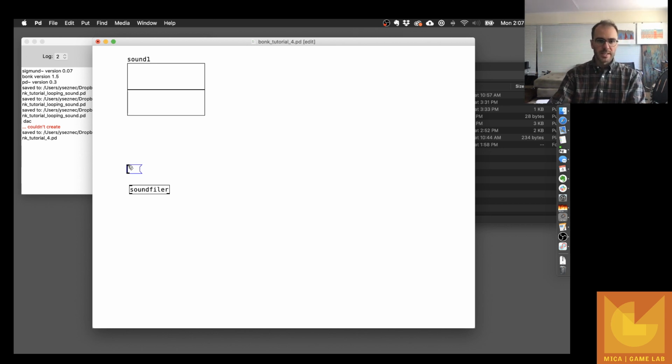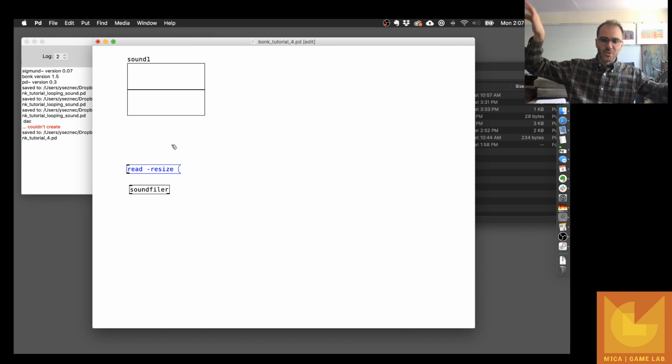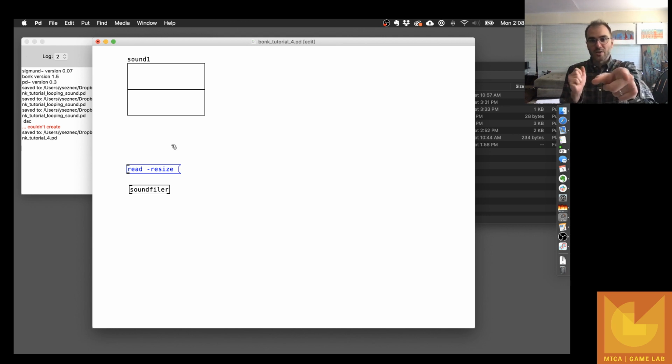The message you need to send soundfiler using a message box is read, which means read a sound file. You have to put in a flag called resize. For a flag, you use the hyphen, so it's hyphen resize in one word. What that does is take the sound file and make the array as big as the sound file is, within some limits, though even those you can supersede if you really like. I think it limits it to a couple of minutes or something, but there are ways around that. Right now our array is only 100 steps long,